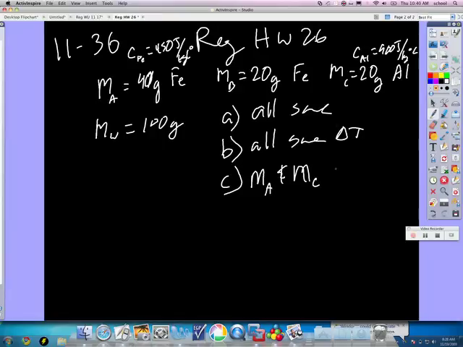Part D, which blocks arrive at the same final temperature? All. So B and D are the same. Yeah. So they all start at the same temperature, they all have the same change in temperature, and they all arrive at the same final temperature. But wouldn't certain metals like cool